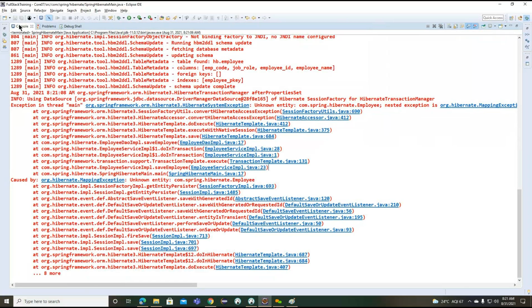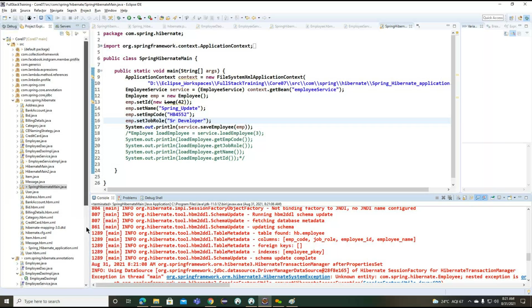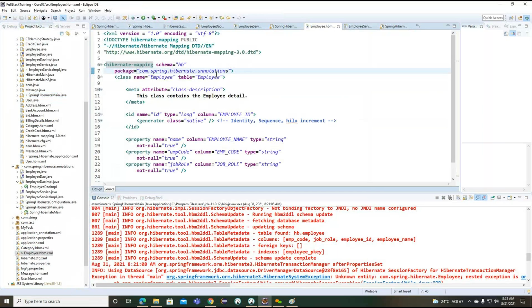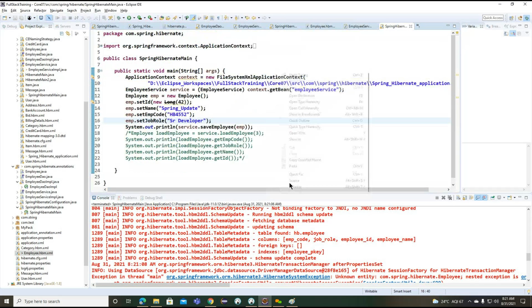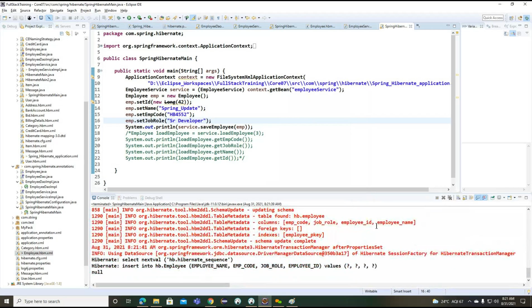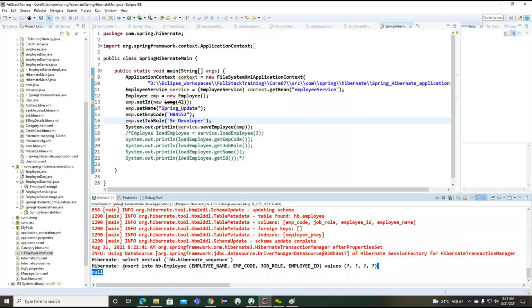Okay, so the mapping we are getting here is because we changed the mapping. Now you can see the sequence is generated and the object is also inserted here.